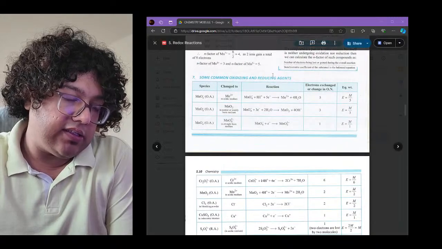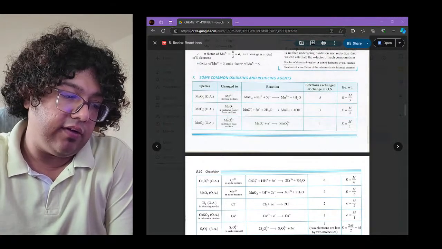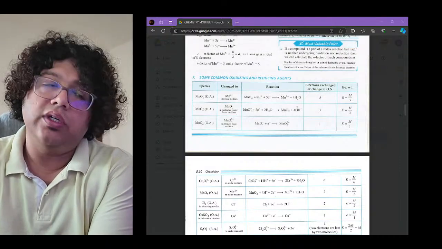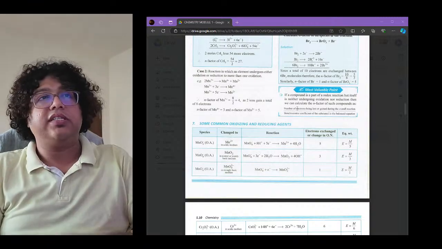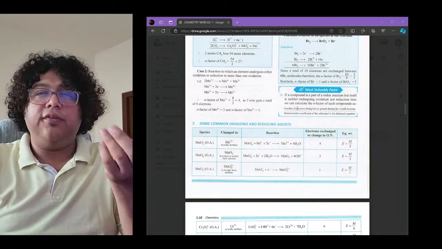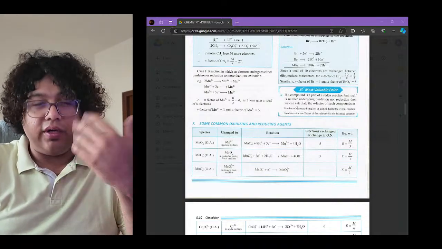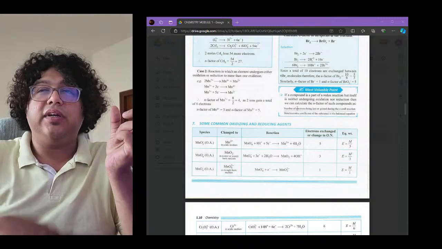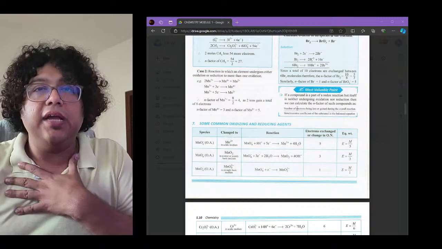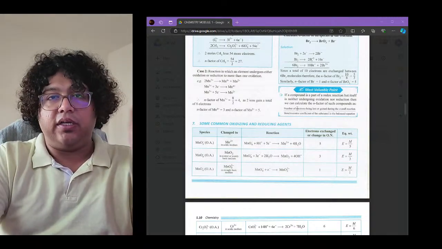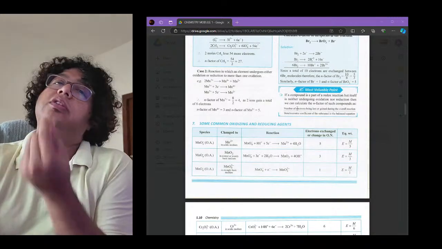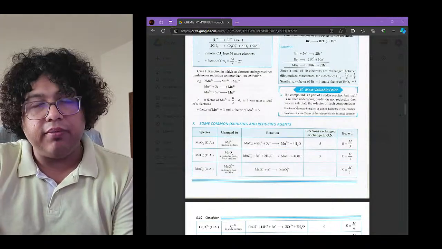Before you start with exercise 3, you can see in our modules we have the equivalent weight or the n factor. Equivalence is equal to moles into n factor. Similarly, if you want to find equivalent weight with respect to molecular weight, then equivalent weight is molecular weight divided by n factor. You can remember either of these. I personally like to remember the normality one: normality is equal to molarity multiplied by n factor, and equivalents is equal to moles multiplied by n factor. That is the one I try to remember most of the time.